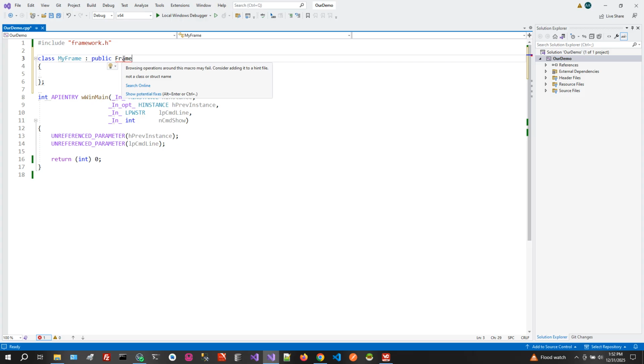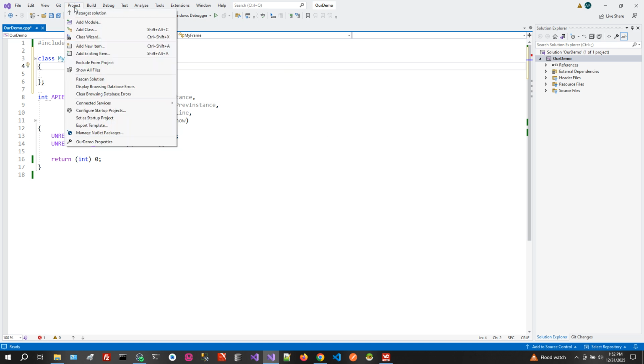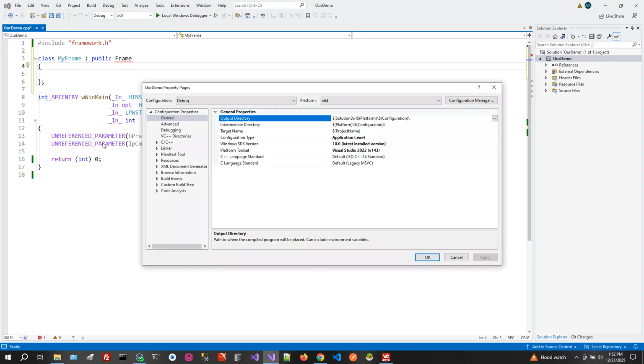However, at this point, we haven't configured this new application to give the application visibility to the SavvyUI library. To do that, you're going to go to Project, Our Demo Properties, which is our application. You need to configure it for all debug and release and different types of platforms, 64 and 86. But for now, we're just going to use debug 64. So what you need to do is configure and make sure this matches what you have for your project currently